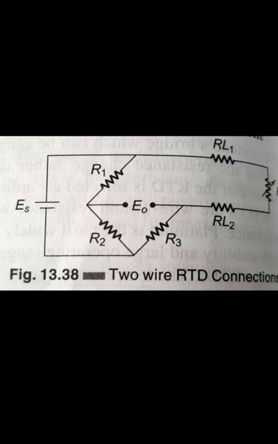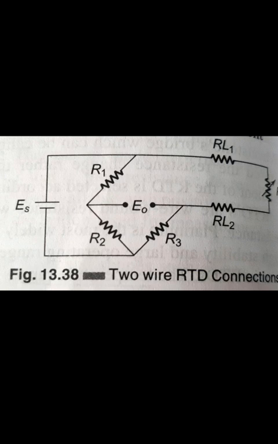The equation is RT = R_ref (1 + alpha delta T), where RT is the resistance of the conductor at temperature T degrees Celsius, R_ref is the resistance at the reference temperature, alpha is the temperature coefficient of resistance, and delta T is the difference between the operating and the reference temperature.